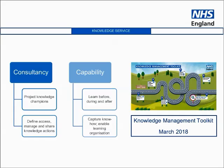So just to wrap up, as I say, from my perspective, we provide a consultancy service. We work through a nominated person on a project team, call them a knowledge champion, and the goal is to support that team to define the relevant knowledge actions for them. Equally, we have a full set of knowledge capability products right through that learning cycle we saw in the earlier